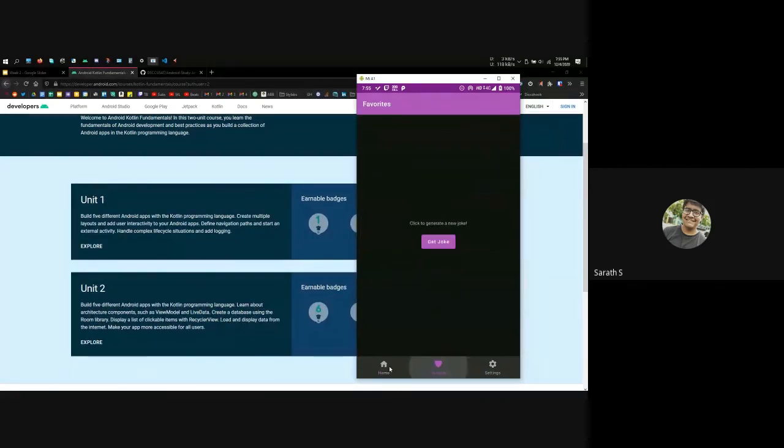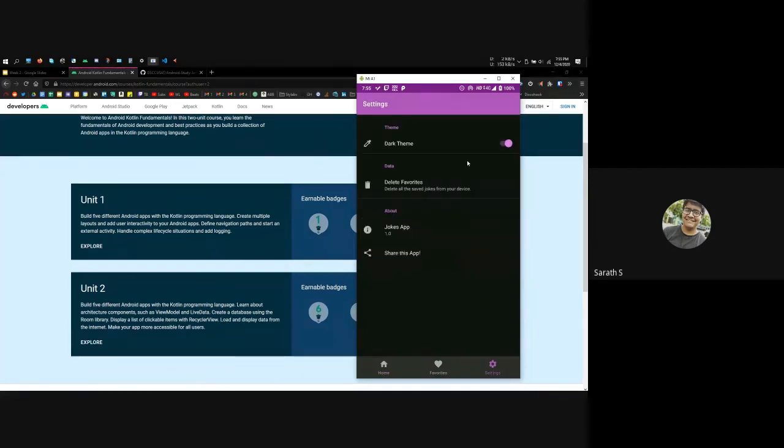This is using navigation, as I said before. And then this is saved offline, so you also get to know the offline database that is used in Android. It's called Room. If you know SQL, it uses SQLite, which is a lighter version of SQL, you could say. So Room is the name of the library that is used. This app has Jetpack navigation, it uses Room, and it uses Retrofit, another library, to fetch data from the internet. You need to fetch data from the internet for the jokes, right? So that's how you use it.